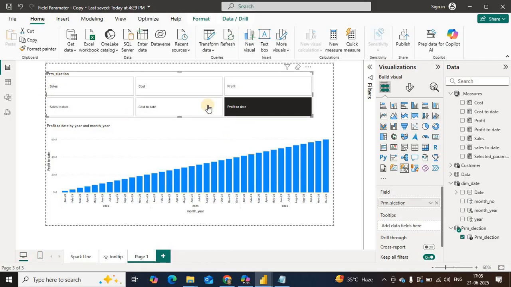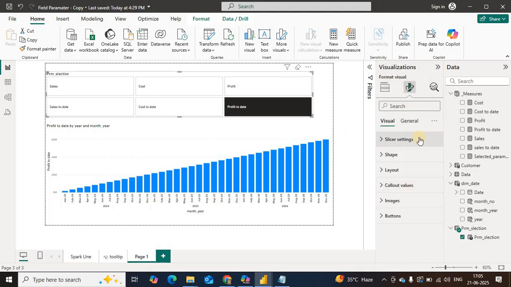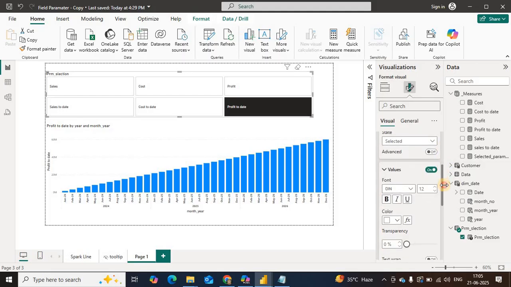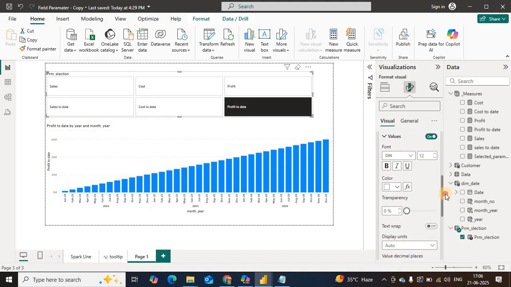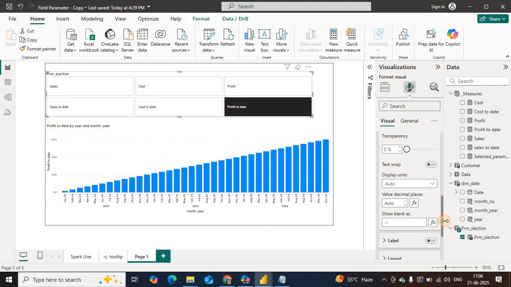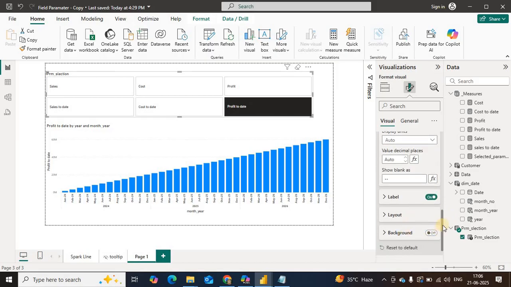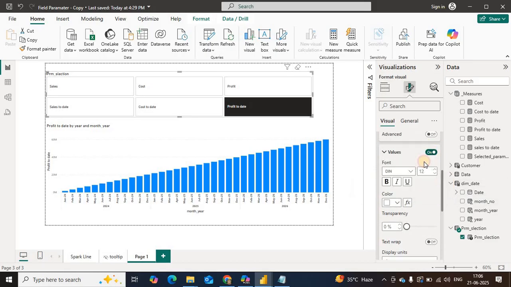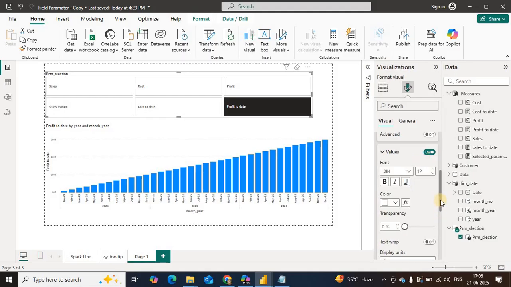So let us do some design. It is not looking good on the slicer one. So let's go to the property section, and callout value. Here you can do some changes, like if my state is default selected, I need to show the label, and the value I do not want to show, I want to show the